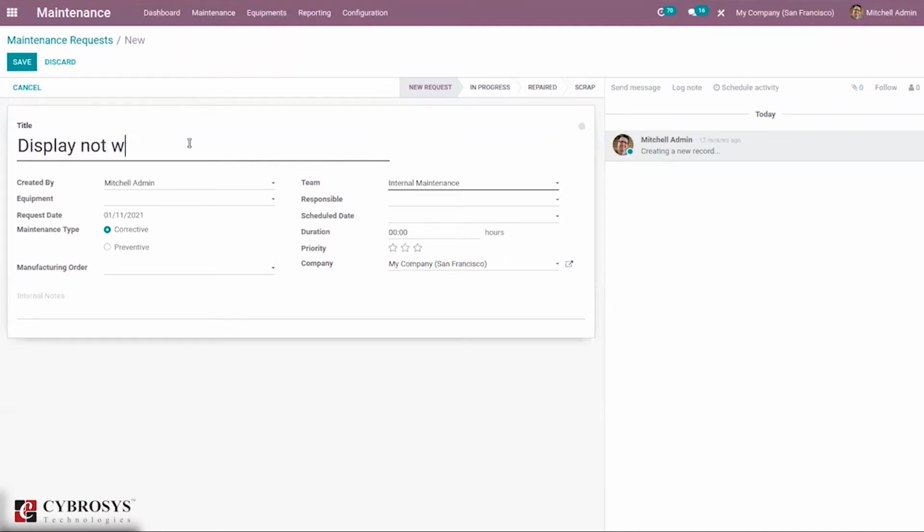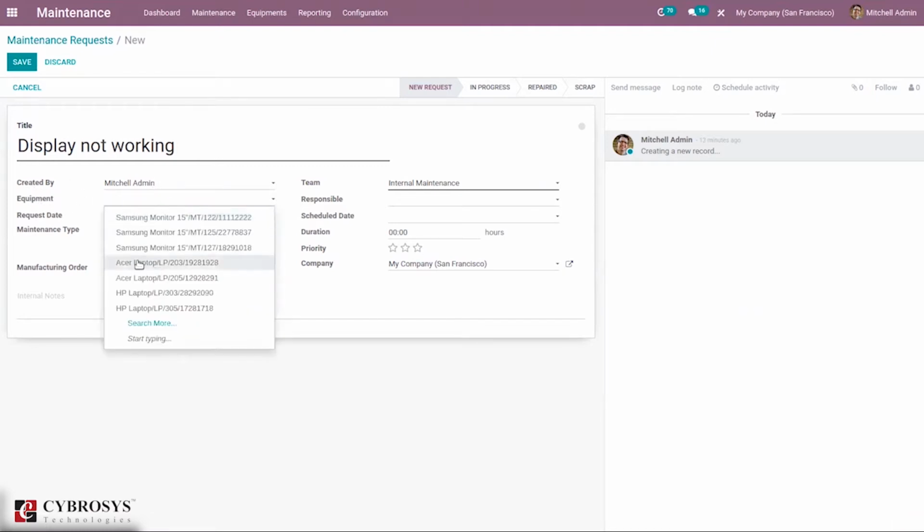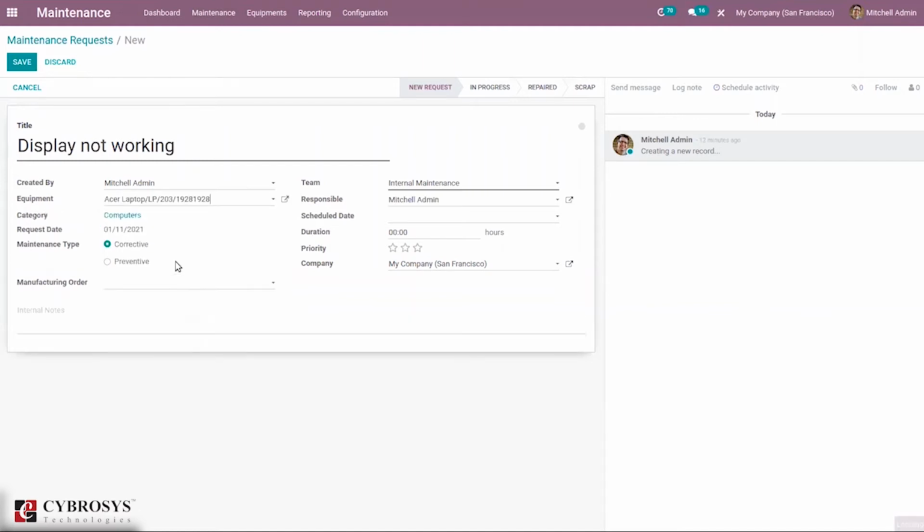Display not working, and here we can provide who it is created by, can add the person the request was created by, then can add the equipment here. So I'm adding Acer laptop. Then we can see automatically the category becomes computers, and we can see the requested date, then maintenance type.